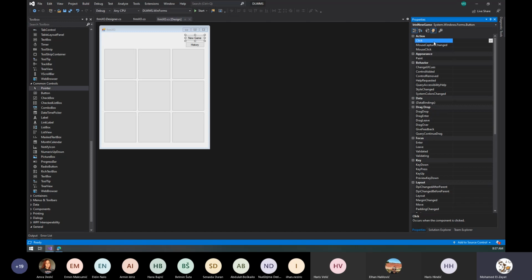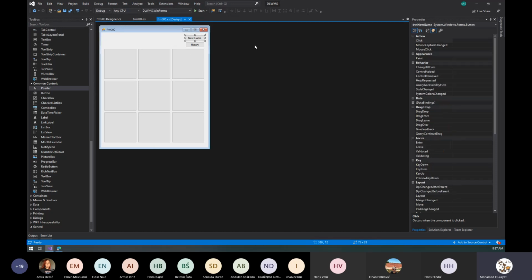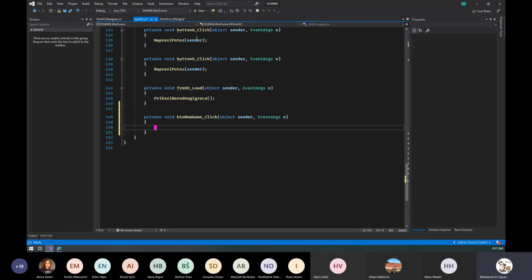What interests me is the click one. By default, this is the behavior which you usually like to handle for a button, right? People might either select and then double click here, or just simply double click here, and it will immediately handle